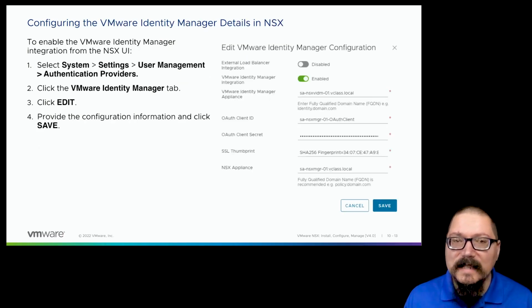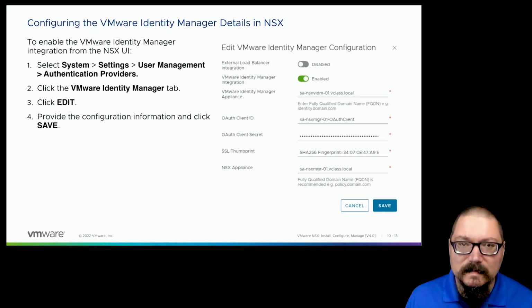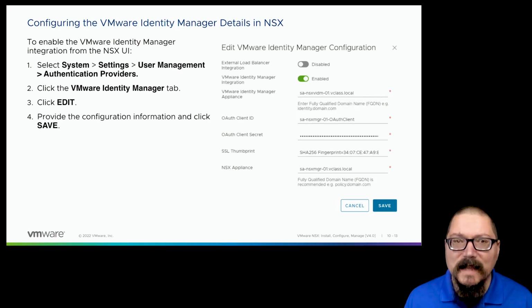Then in NSX Manager, we go back to NSX now. Under System, we find User Management. Under User Management, there's an authentication providers section that we can go look at. And in authentication providers, we have a VMware Identity Manager tab. So I can select that tab, and I can turn on Identity Manager integration. And this is where I'm going to plug in the FQDN of my Identity Manager server. This is where I'm going to plug in the client ID, the shared secret, the certificate thumbprint, all of these